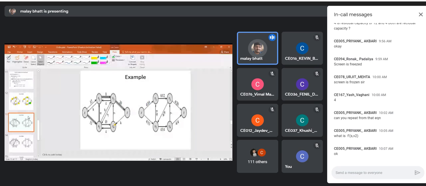Now in that we have highlighted another augmentation path, taking 13, 4, 8 and 20. So what will be the impact? We are getting the flow value of the augmentation path as 4. So what is the impact? For S to V2, the capacity will be 9 and residual capacity will be 4. Clear?